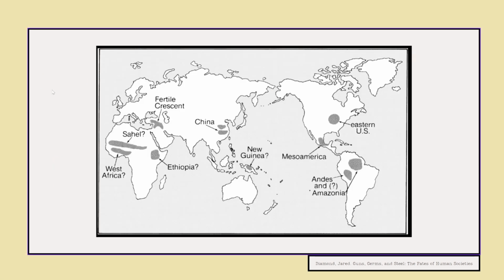One of the things that was mentioned in the book is that if you notice the question marks, these are some of the areas that we aren't sure if they arose independently or if they were brought over from one area to another. A migration, as I mentioned in the title of this video, a migration of plants from one area where you could grow crops to another portion of the area. If we pay attention to these things,